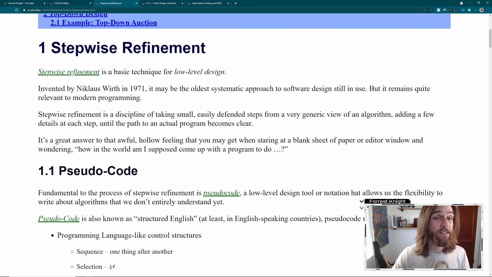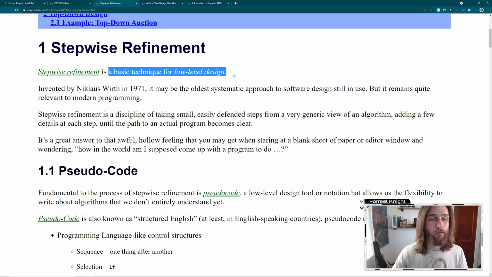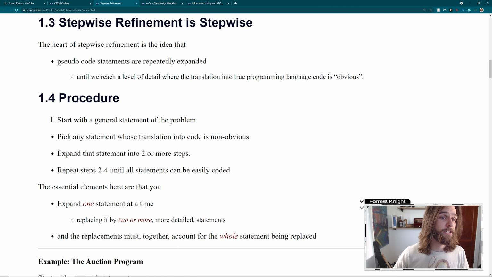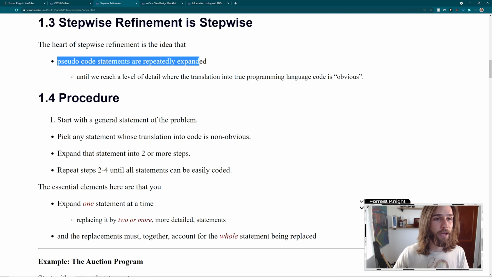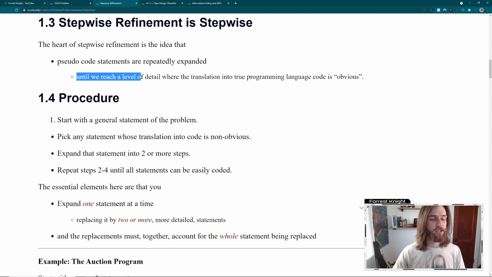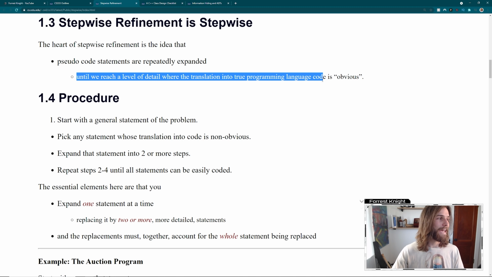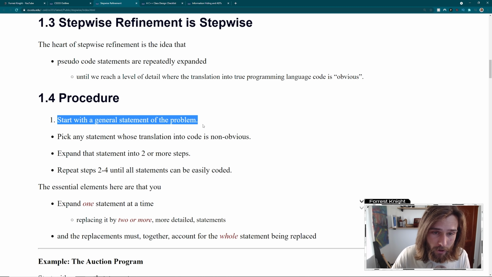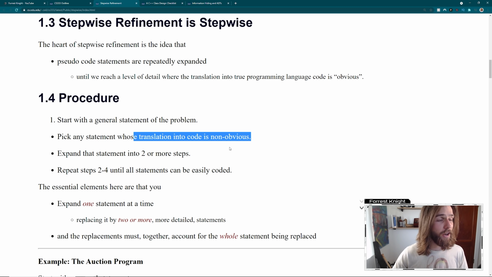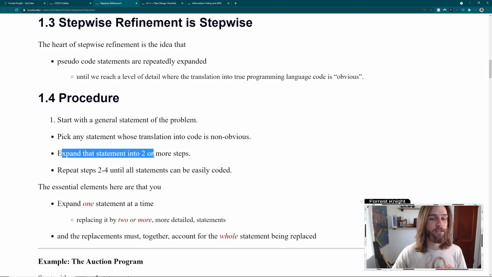Top-down design is an extension of stepwise refinement, which, if you can't tell, is a basic technique for low-level design. The idea behind stepwise refinement is that you have pseudocode statements that are repeatedly expanded until we reach a level of detail where the translation into true programming language code is pretty obvious. So you start with a general statement of the problem, you pick any statement whose translation into code is non-obvious, and then you expand that statement into two more steps, and then you continually repeat these steps until all statements